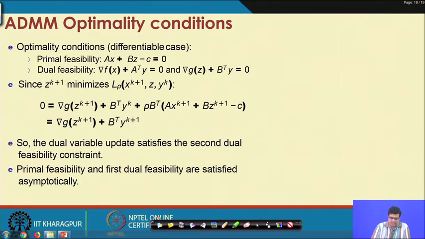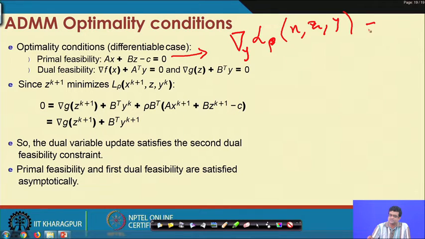There are three optimality conditions now, because there are three variables. One is primal feasibility, which corresponds to the gradient of L rho with respect to the dual variable, which is y in our case, of x, z, y, being equal to 0.